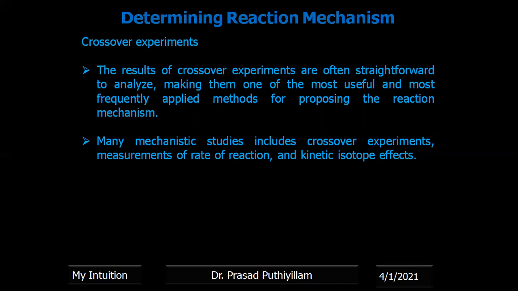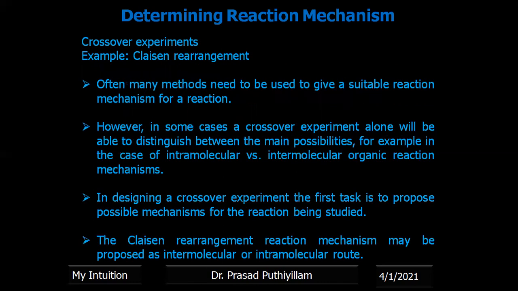Many other reaction mechanism studies include crossover experiments, measurement of rate of reaction, and kinetic isotope effect. One example taken to explain the crossover experiment or crossover reactions is the Claisen rearrangement. Often, many methods are needed to understand the suitable mechanism for a reaction. But in some cases, only with the crossover experiments, one can give the proper reaction